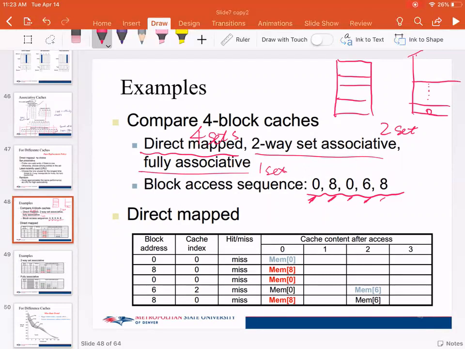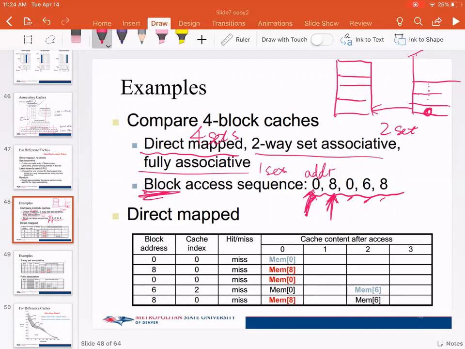So you can go all the way up to a different number, right? But the first address we're dealing with is the first word, the first block, and then we want to deal with the 8th block. This is actually the 9th block because this is the first block. So address 0 means the first block, and address 8 will mean the 9th block, right? If you want to determine where they should map to, of course the first block maps to the first index, the second block maps to the second index, and the 9th block will map to